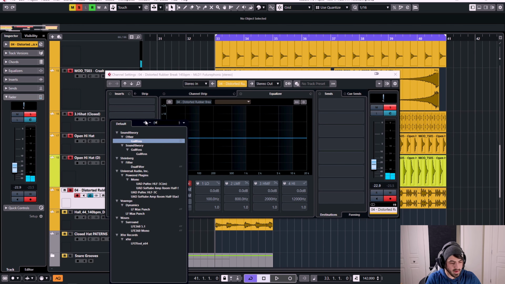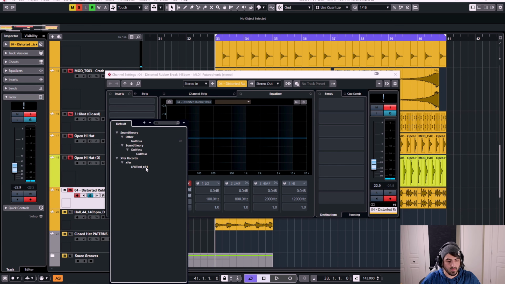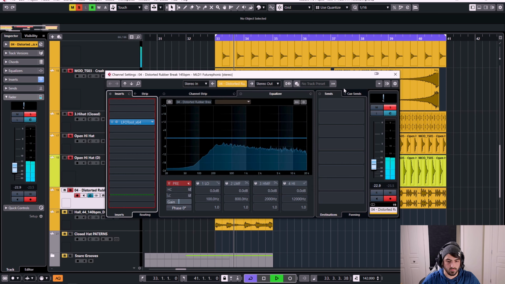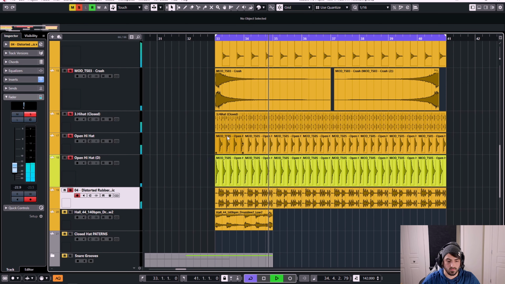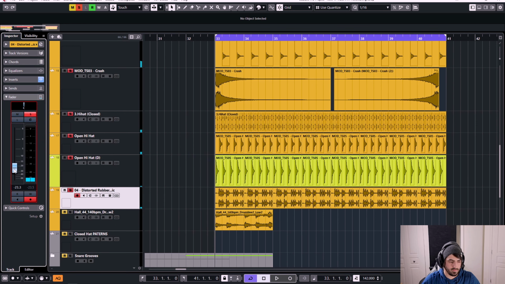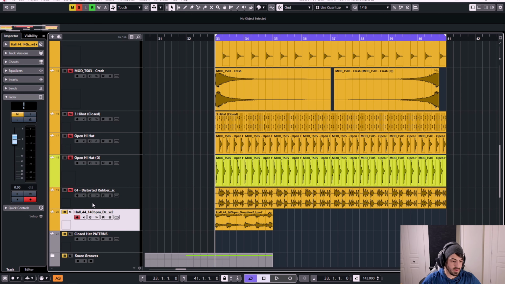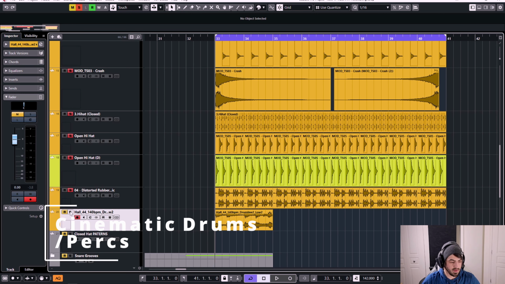Maybe I'll add something like LFO tool on it, and we'll try and give it a bit of pumping. Of course, it doesn't have EQ. We can shape it. We can allow it to have its own position or its own place within the loop. But we'll go on to the processing on the individual channels just after we add this last one,